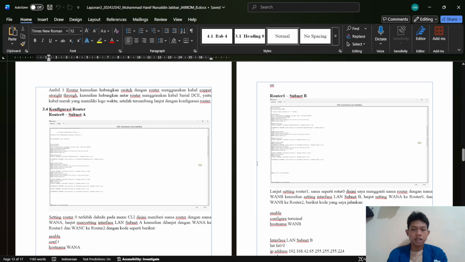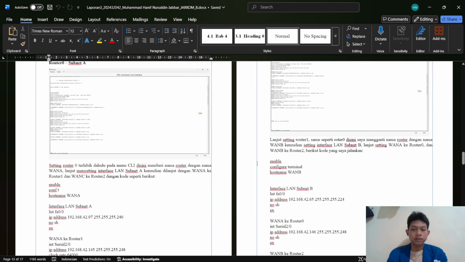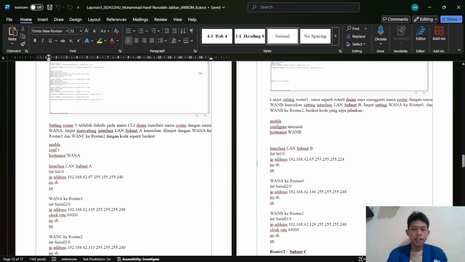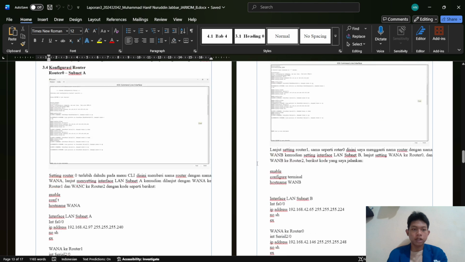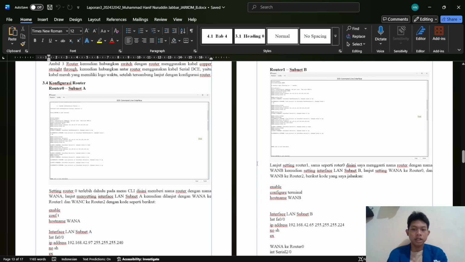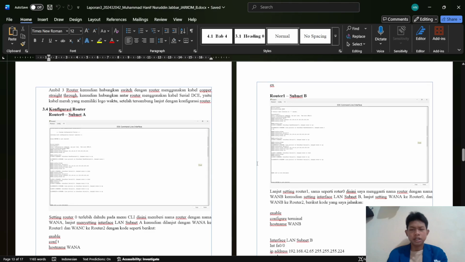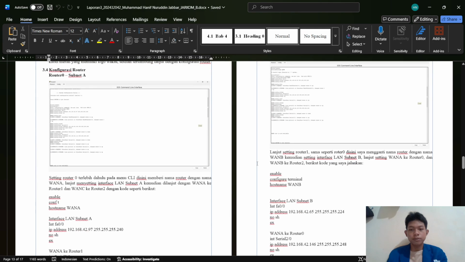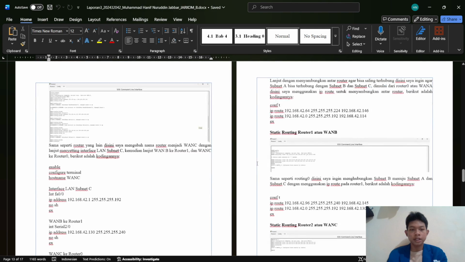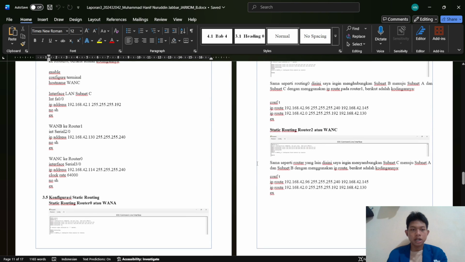Next, I configure router 1 to subnet B. Same code as for router 0 to subnet A, and I change the name for router 1 to 1B.